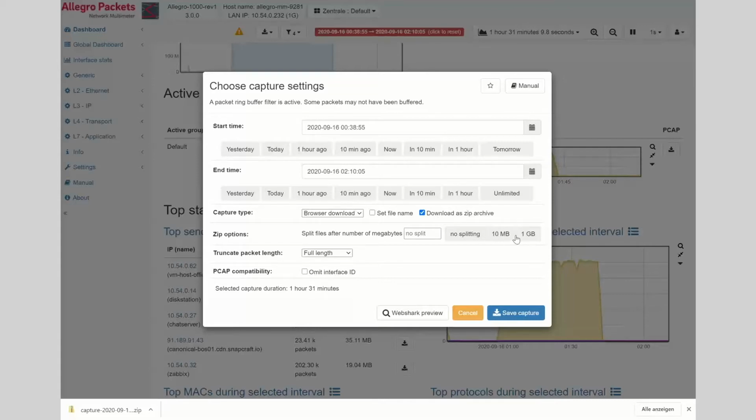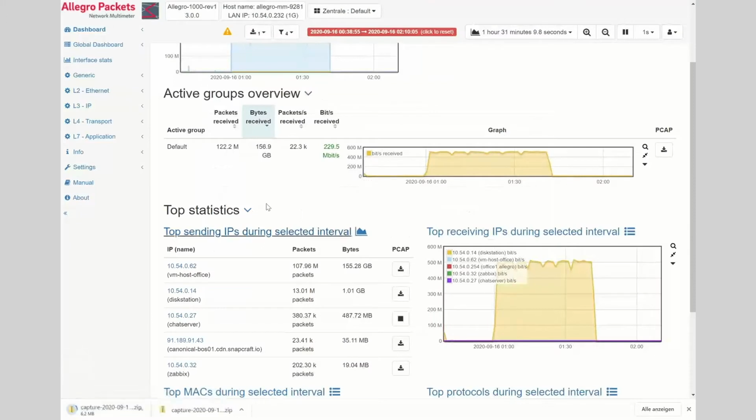Plus, you can split this file. So if I take 10 megabytes here and start this download, I now get a zip archive, and this zip archive includes 10 megabyte capture files each.